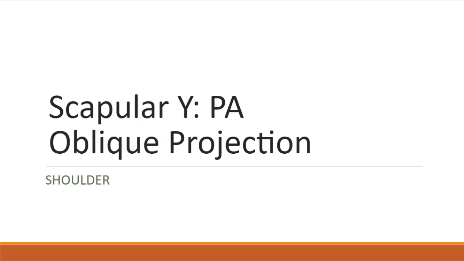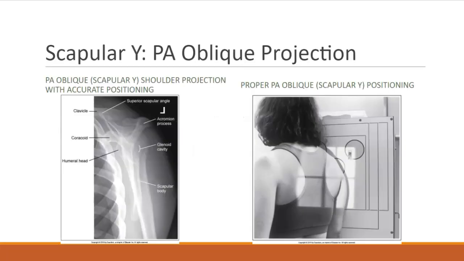Let's move on to the image analysis of the scapular Y projection. Image analysis guidelines state that the scapular body should be demonstrated in a lateral projection with superimposed lateral and vertebral scapular borders. Scapular structures form a Y with the scapular body as the leg and the acromion and coracoid processes as the arms. The glenoid cavity should be demonstrated on end at the converging point of the arms and legs